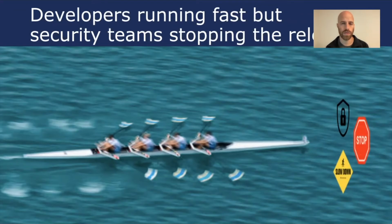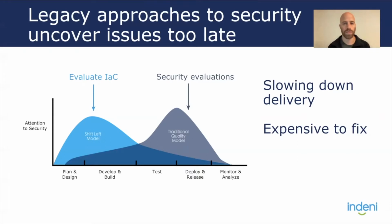With infrastructure as code and with code in general, developers are trying to run as fast as they can. There's a lot of pressure to push new services and new features for existing services. And oftentimes, security is seen as a blocker for this innovation and for the agility that developers are trying to achieve. This has been happening because the approach has been to involve security pretty late in the process. Developers normally only consult with security once the application is ready to go live, maybe even after it's gone live. Now, fixing security issues that late in a process is very expensive from a resource perspective, and it's extremely frustrating